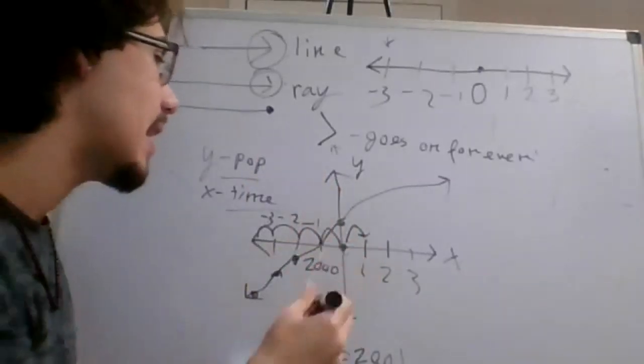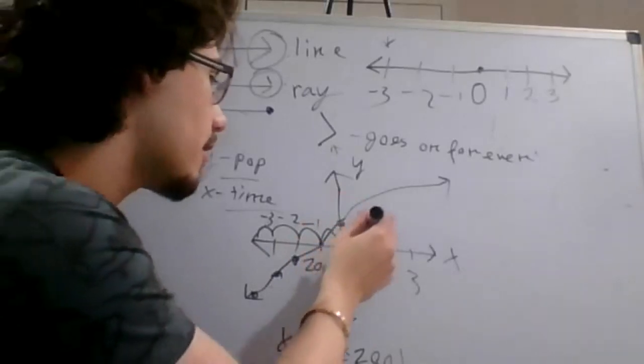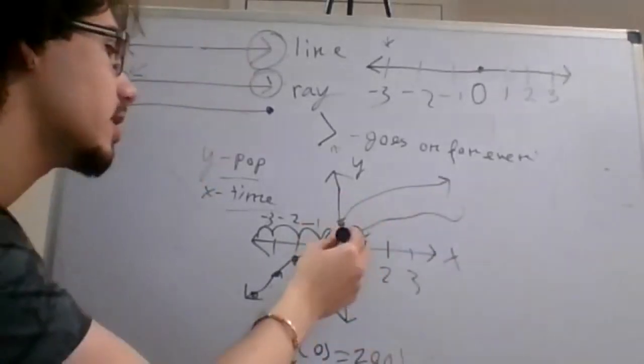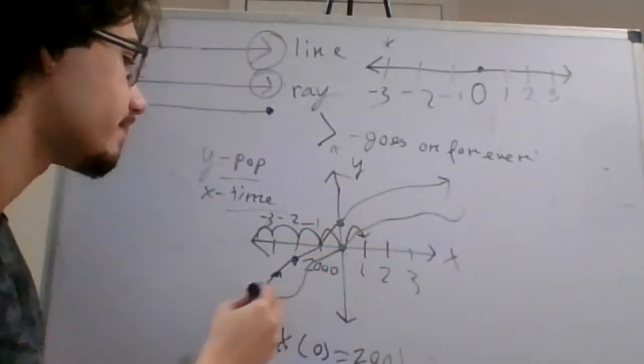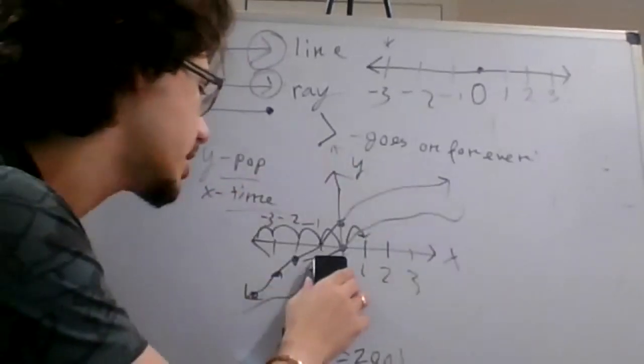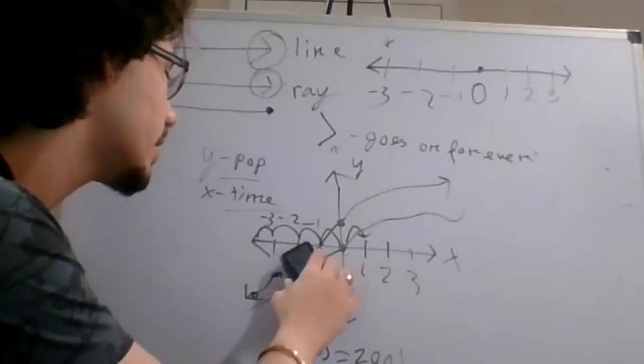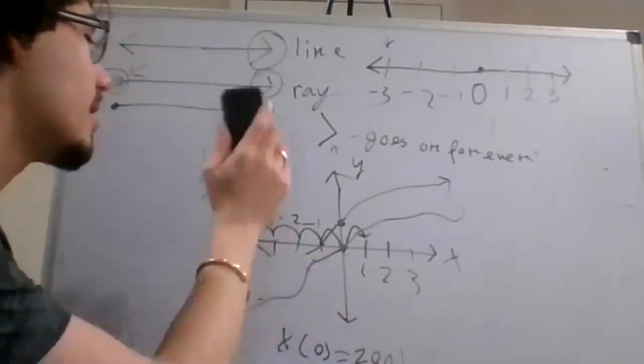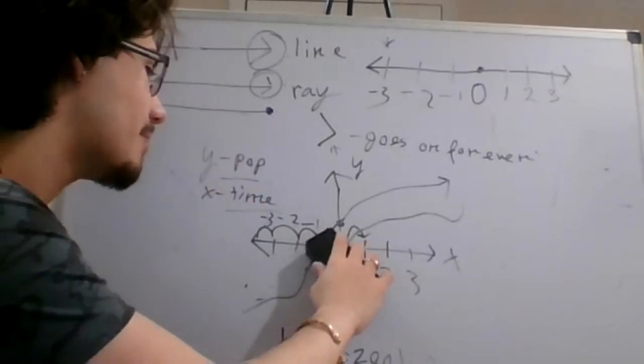So if instead our function started off here, and we were to measure not by the population number, but by the growth of the population,